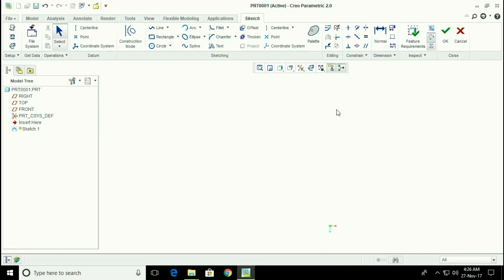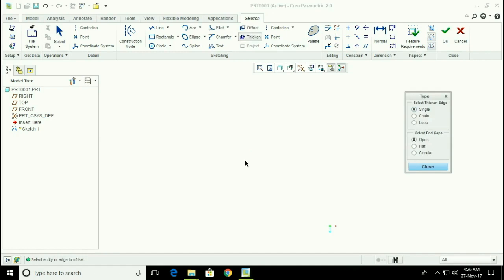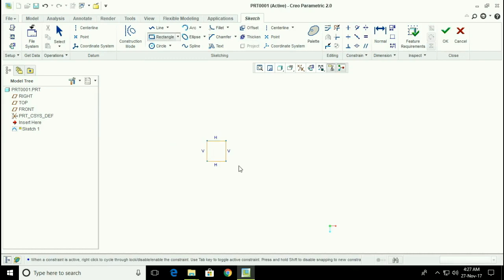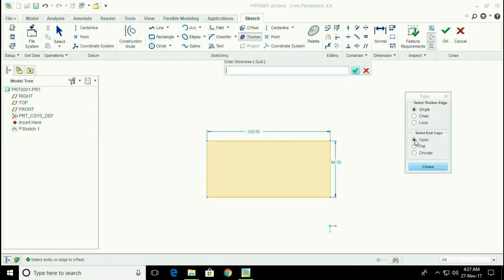Next is the thicken tool. It has the same selecting modes as the offset tool, except we have end caps: open, flat and circular. For the open end caps, it's the same as the offset tool. Draw a rectangle, thicken, open, give 50